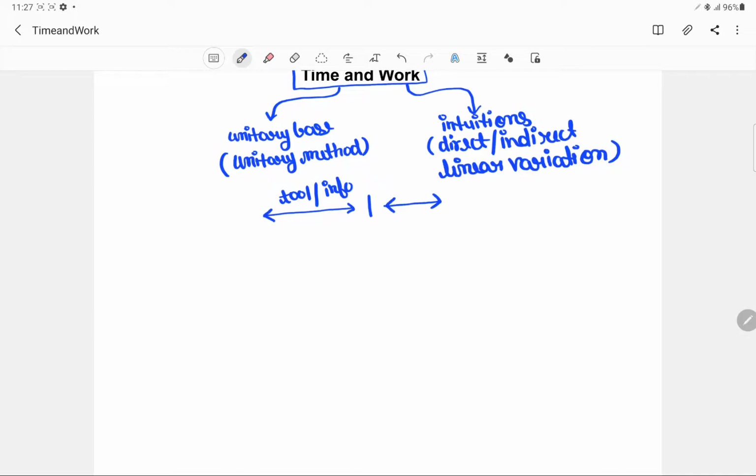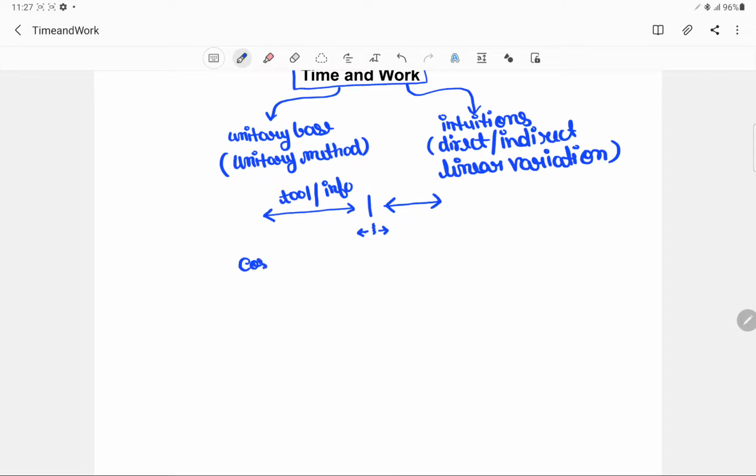For instance, the problem is: the cost of 20 chocolates is rupees 20. So what would be the cost of 10 chocolates? Let's take this simple question. What we are expected to find out is the cost of 10 chocolates, so we'll keep it to the right part. And what we are given is the quantity of the chocolate, so we'll keep it to the left. Let's write it down.